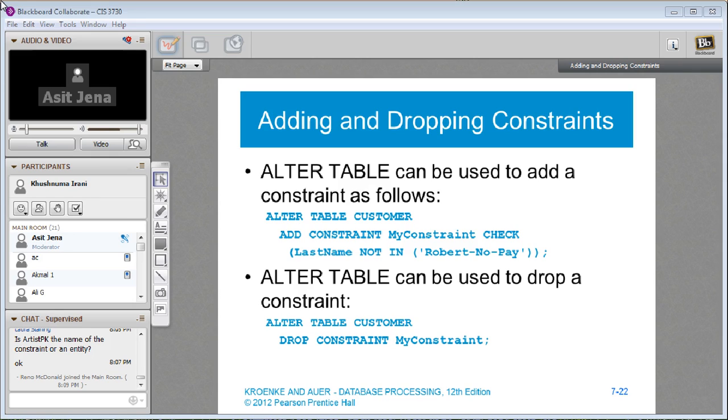So basically we are saying we are going to add a constraint called my constraint, that if we are getting a customer whose name is Robert, no pay, you will not be able to enter the data into the table. Alter table can also be used to drop a constraint: alter table customer drop constraint my constraint.